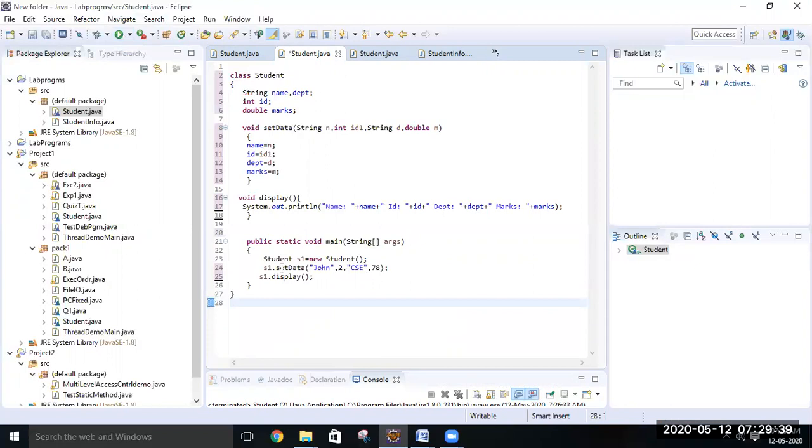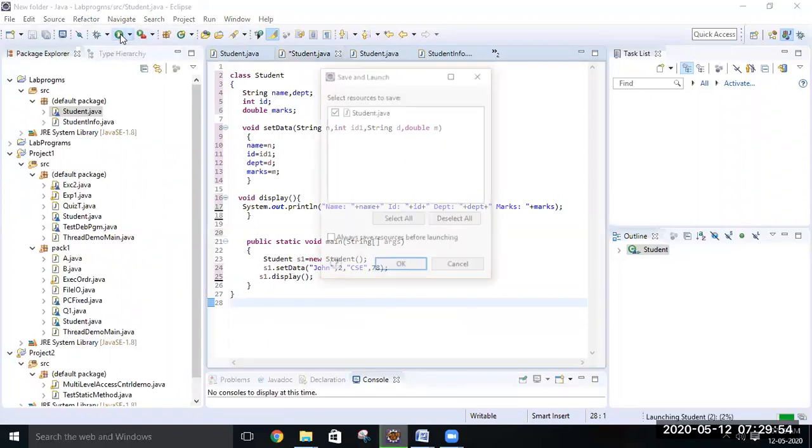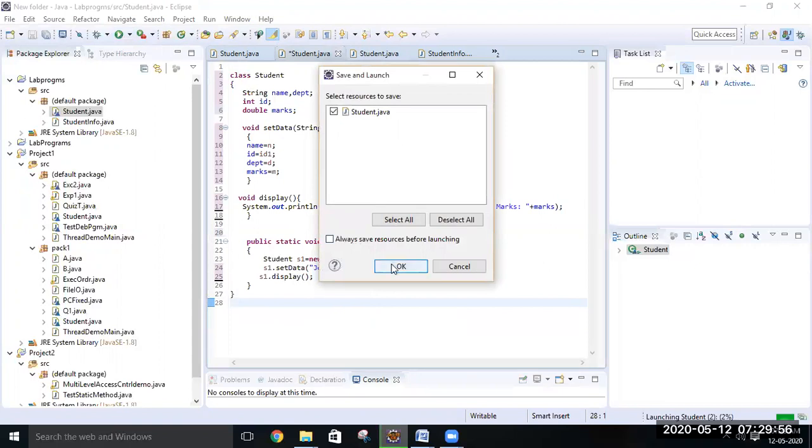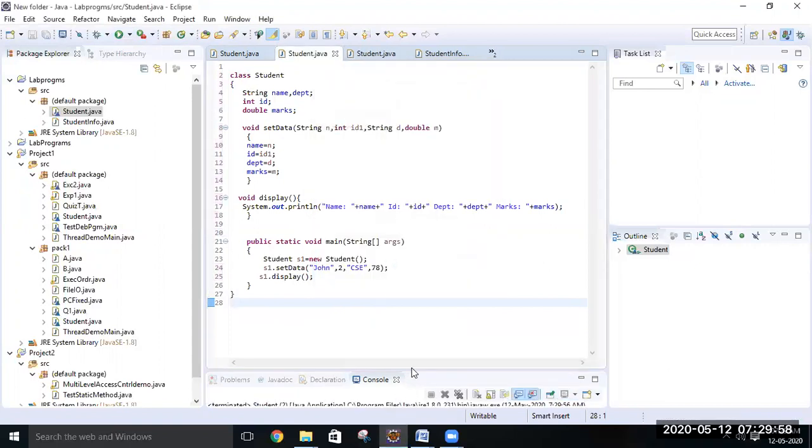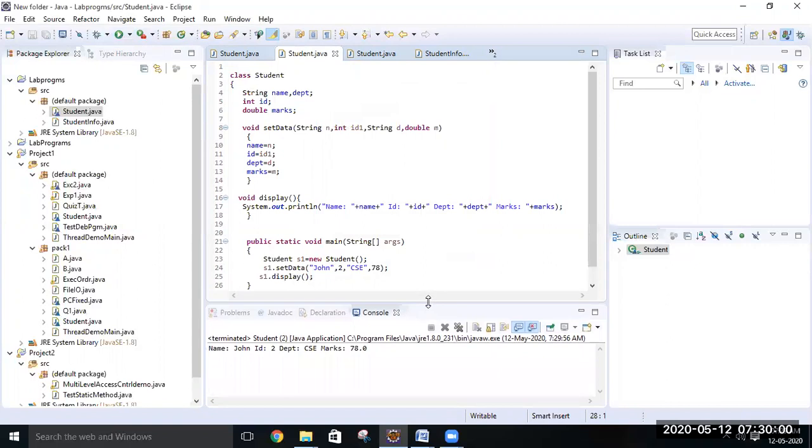We are using a method called set data in order to initialize the values for these data members instead of using constructors. Set data is the method and display is the method for getting the values. If you run, you can see the output. Whatever values are assigned as arguments, it is displaying as the output.